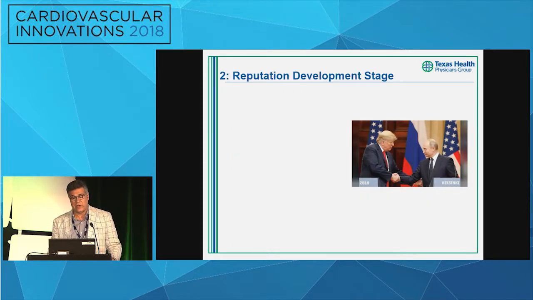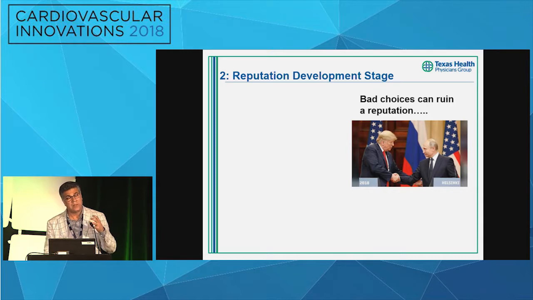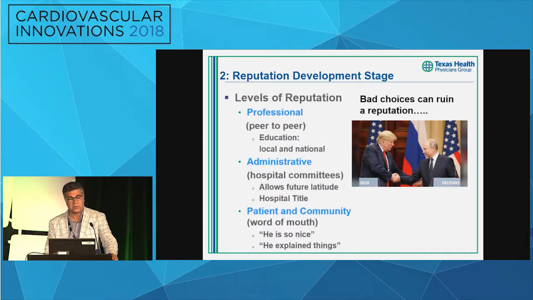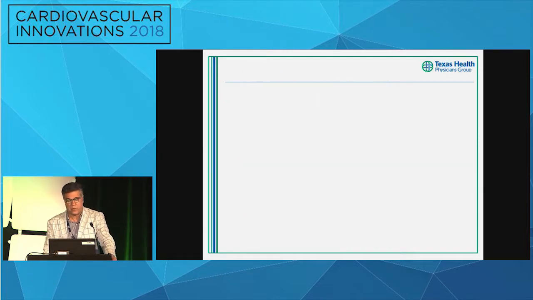After you have the honeymoon phase, you have to start developing your reputation, and it really can be ruined by some decisions, but it also is made by a couple of different decisions that you make. Mainly professional, so you're peer-to-peer, especially educating your peers, whether it's interdisciplinary education or your administrators when you're trying to bring in new technologies, being able to understand what that might bring to a hospital. We heard that in earlier discussions, that you really need to be able to show those values to them, and also to patients in the community. Sometimes you'll get patients just because they'll hear you talking to another family member and say, oh, he was very nice, he explained things. Next thing you know, you're getting a patient that gets referred by word of mouth.